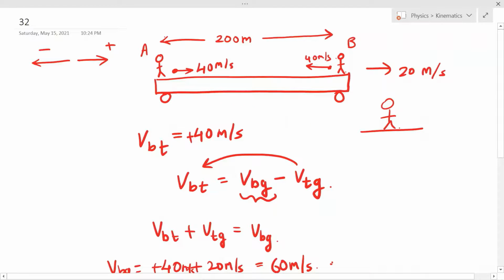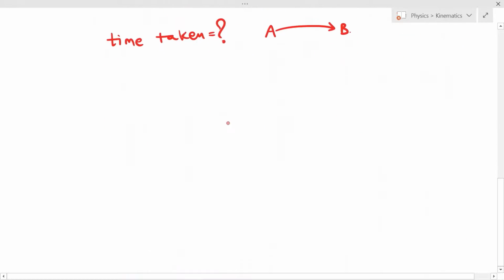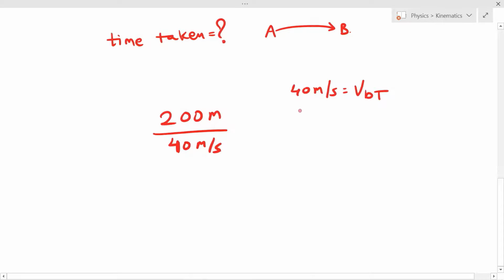So for this, then this length is given 200 meter. So just divide this 200 meter length by 40 meter per second, because this 40 meter per second velocity of ball is with respect to trolley. So for the trolley, it is moving with a 40 meter per second velocity. And now I am working within the frame of reference of the trolley. So that's why I have written 40 meter per second here, and this is 200 meter. So this becomes 5 seconds. So it will take 5 seconds to go from point A to point B.